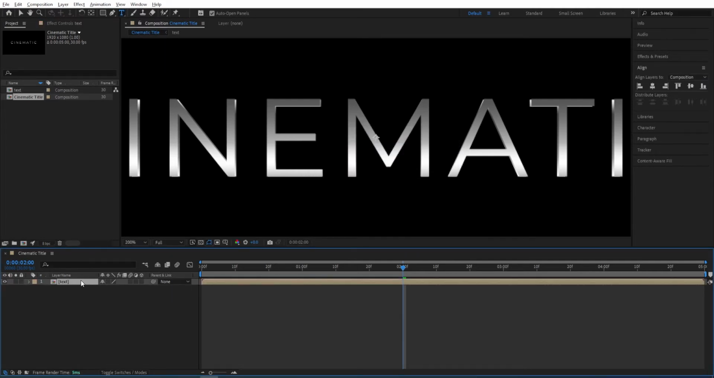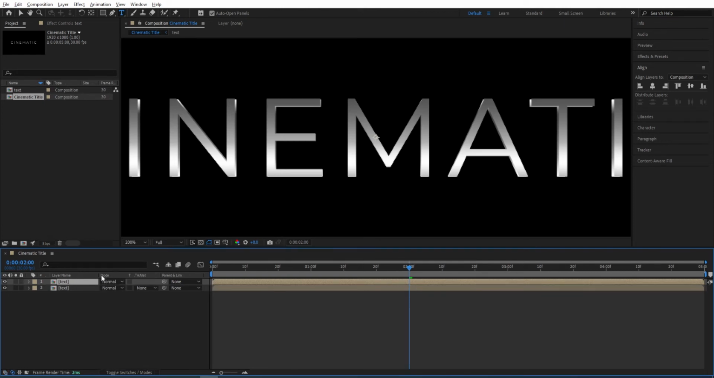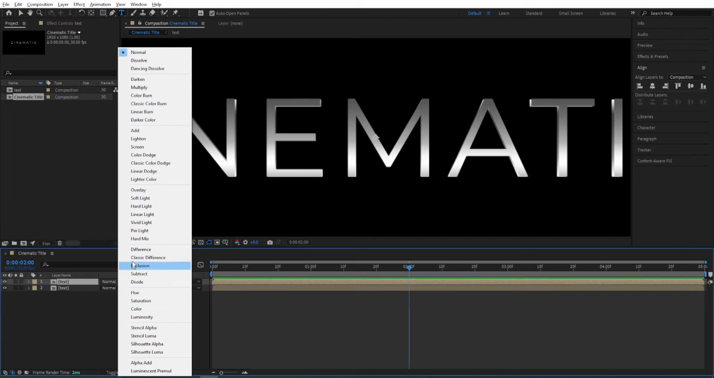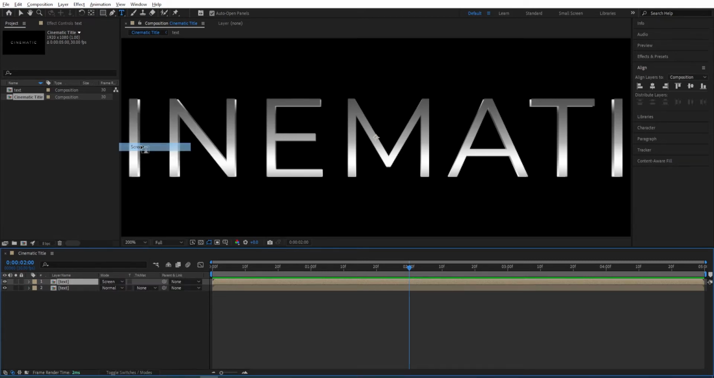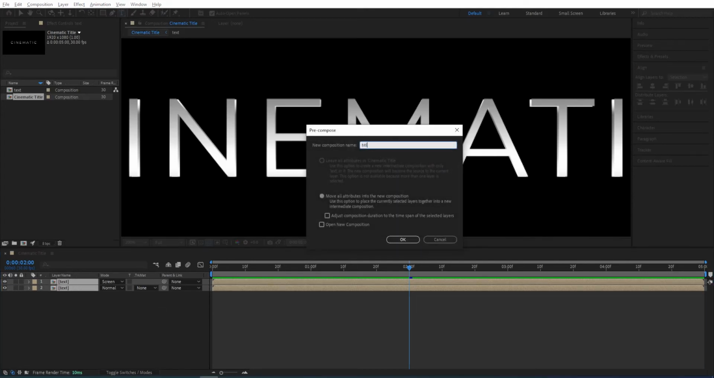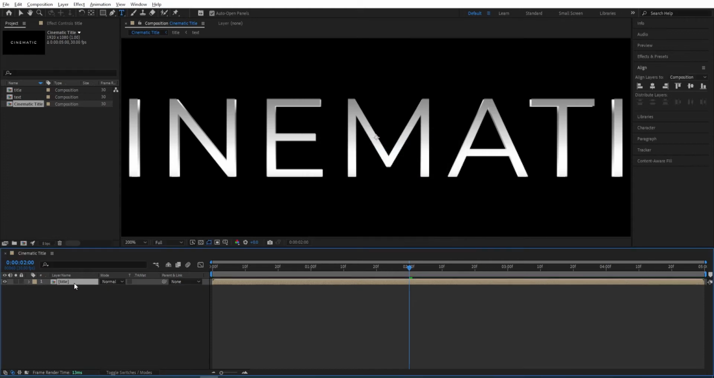and then duplicate this, Ctrl D, and then press F4, so we can see the mode settings here. And then for this one above, we change the mode to screen. Now we select both of these layers, Ctrl Shift C, and then call this title, click OK,